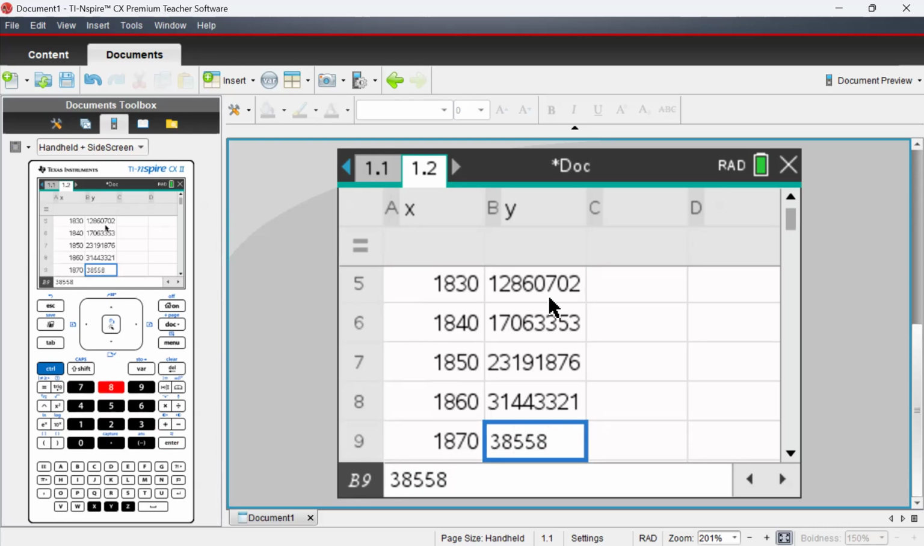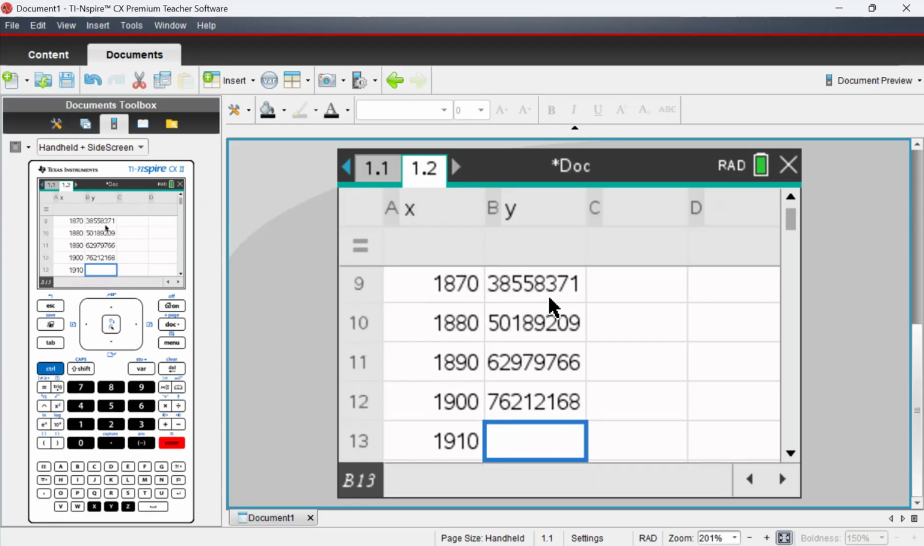38,558,371, 50,189,209, 62,979,766, 76,212,168, 92,228,496, 106,021,537, 123,202,624,